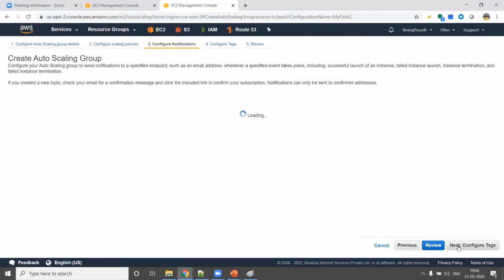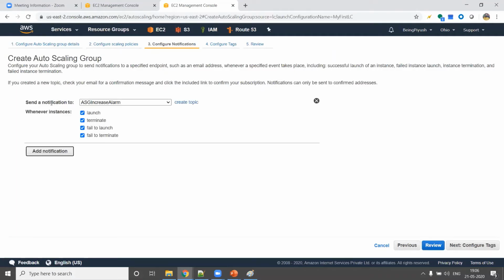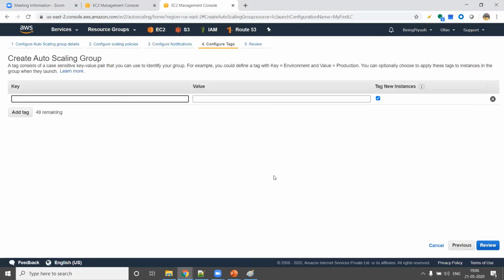So in that way, you can create one alarm, and then you can add the notification when to send that alarm. I have 3 different alarms, but whenever an instance launches, terminates, fails to launch or fails to terminate, then you send me the alarm. If you don't want to get the alarm for launching, terminating or failing to launch, you can uncheck that. But it's good practice to set all the instance notifications. Here you have to add my first ASG. So you review it.